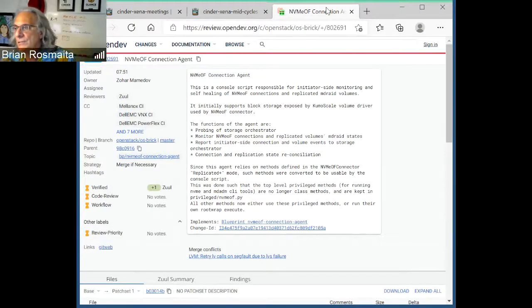So, not sure which one's the first one. It's a stacked series of patches. I guess my question here is, is there anyone who's particularly interested in database work who wants to adopt this?